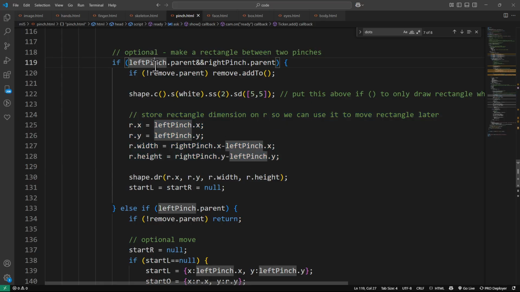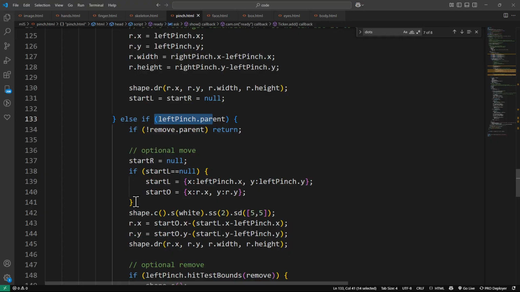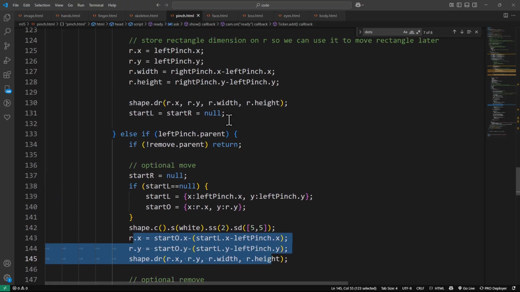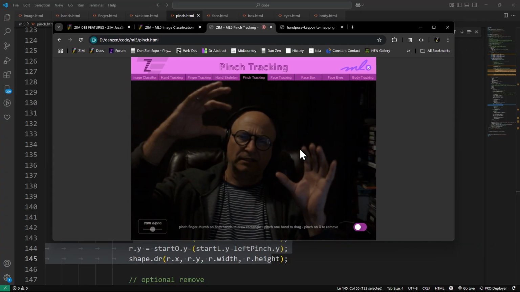Okay, so this is us, if we have 2 pinches, we draw the rectangle. If we have just 1 pinch, we might be moving the rectangle. So this is us moving the rectangle based on, and that rectangle isn't really moving, we're just redrawing the shape. So that's optional, and possibly we could have drawn the rectangle, and then as we pinched, we could have actually moved the rectangle, but we have decided to redraw the rectangle based on the amount of movement. In the end, this has all now been integrated into ZIM so that we don't have to do that, although I think if we wanted to